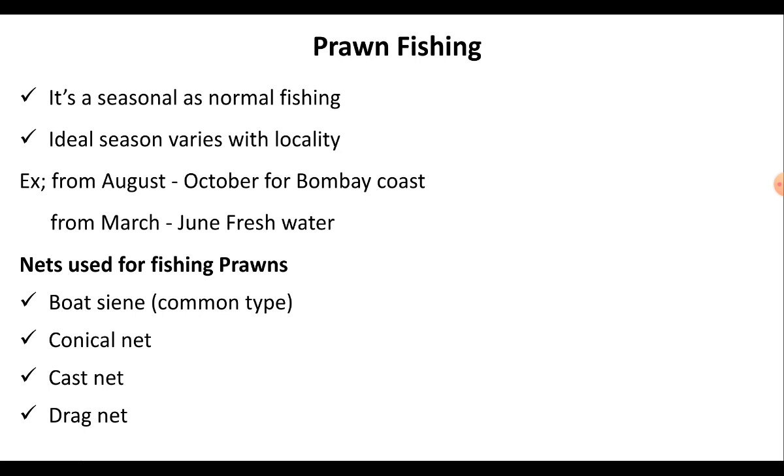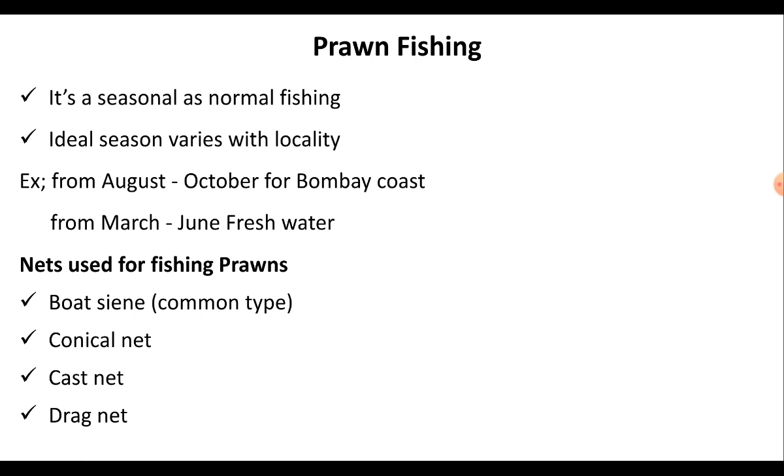Whereas on the eastern coast it starts from monsoon and extends up to March-April, and fishing is done throughout the year in the backwaters of Kerala. The different lakes have different fishing seasons. In fresh water it extends from March to June-July. Various types of nets are used for prawn fishing. Among them, the commonest type used on both coasts is the boat seine,